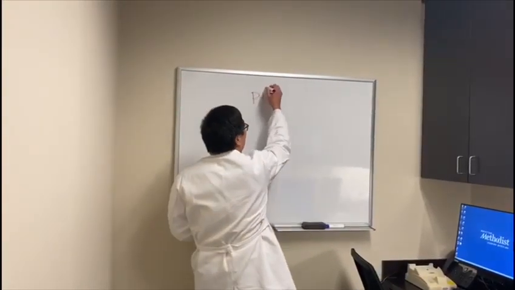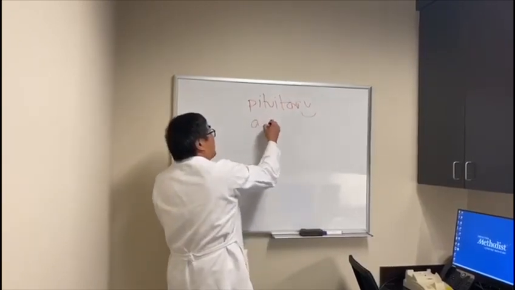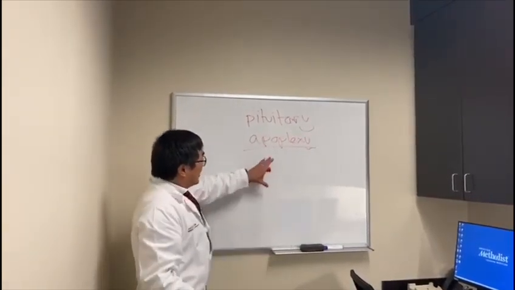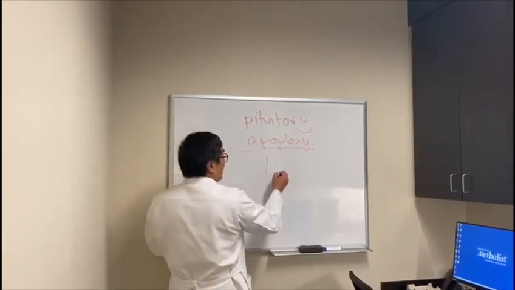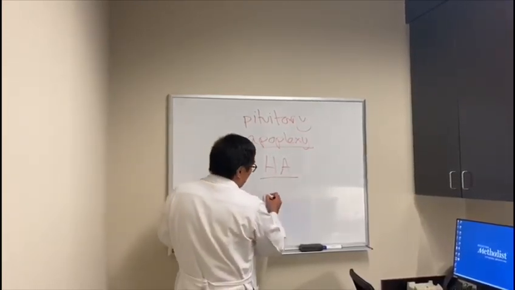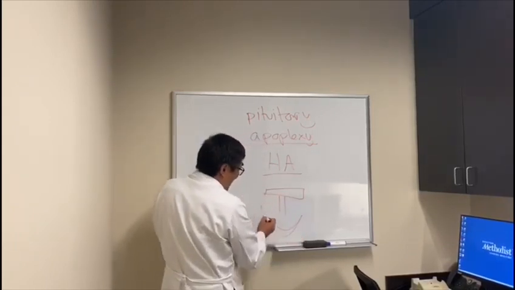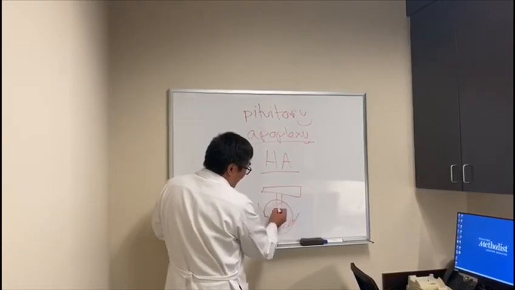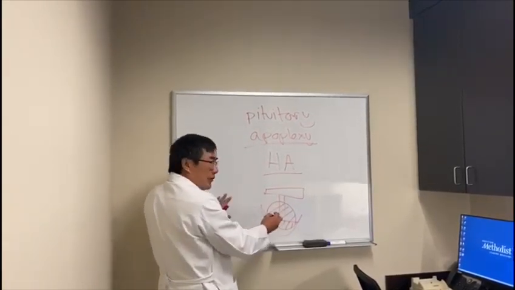So today we're going to be talking about pituitary apoplexy, and apoplexy means struck. The patients don't know they have a pituitary tumor usually, and usually it's a severe headache, often the worst headache of their life. And as you know, the chiasm sits right above the sella, which holds the pituitary gland. And so if you have a pre-existing tumor inside of your pituitary gland and then it hemorrhages or develops necrosis